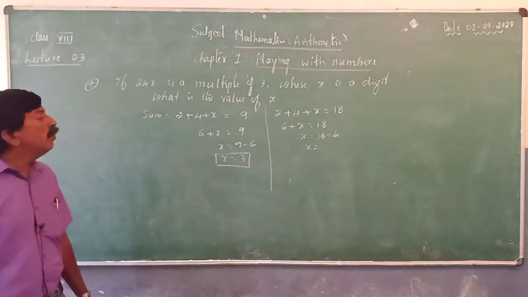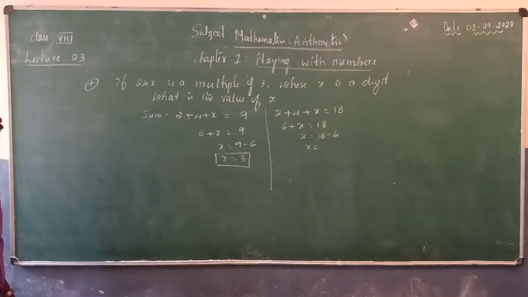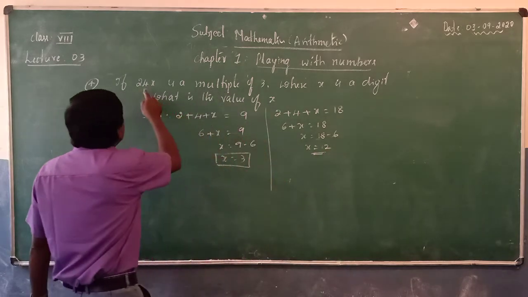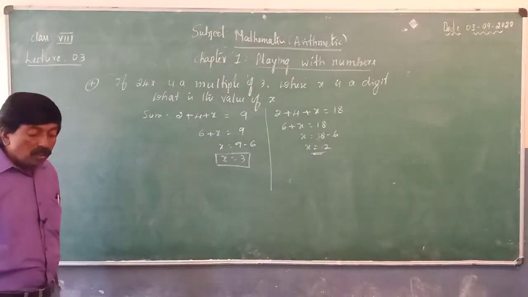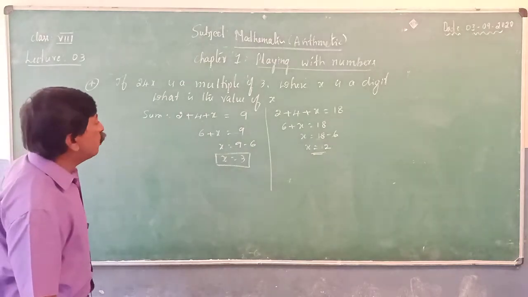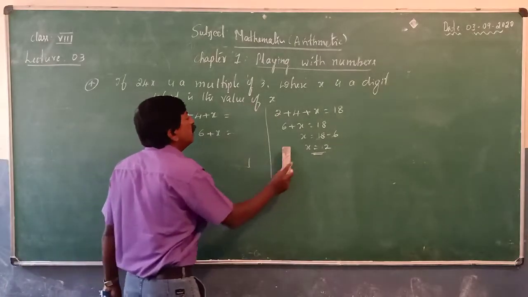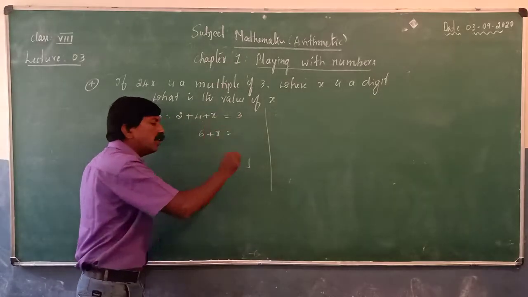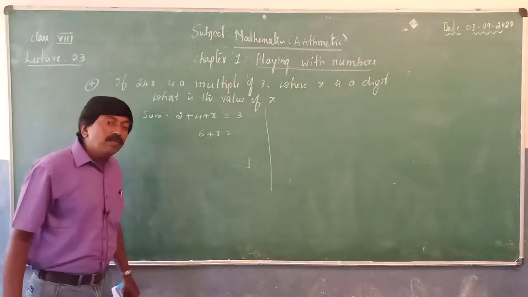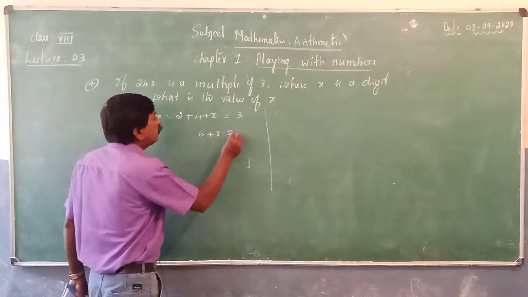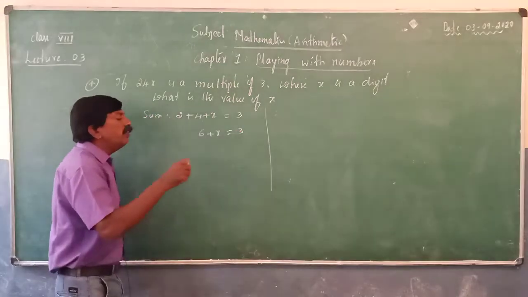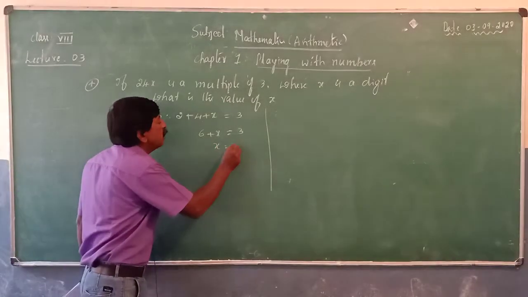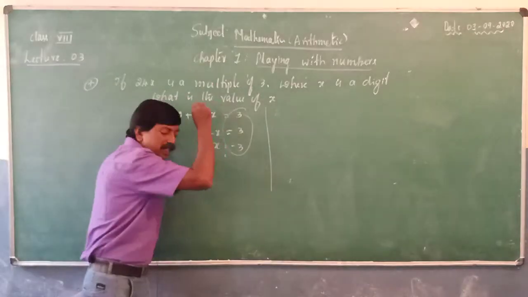x is 12, a bigger number, even that is a 2-digit number. So therefore, here you can consider 2 plus 4 is divisible by 3. Division is also an inverse process of multiplication. Now, dividing by 3, here we will get a negative value. Here you will get x value as minus 3. That is also not possible.